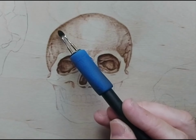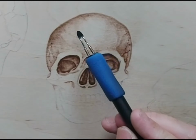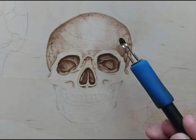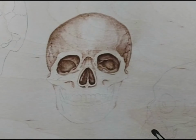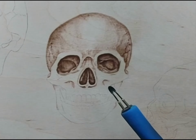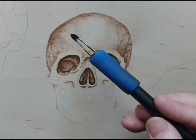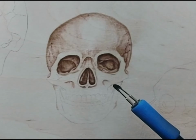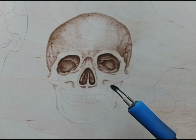So I just wanted to spend a good couple of hours just concentrating on trying to create the shape of the skull that I was a bit happier with. So I'll switch over to the time lapse and you can see the work that went on to try and capture the shape. It's going to need some more darkening up yet, but we're slowly inching away there